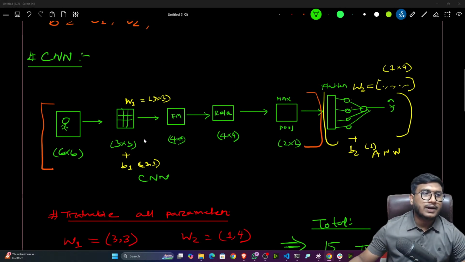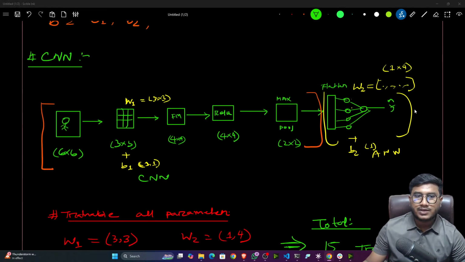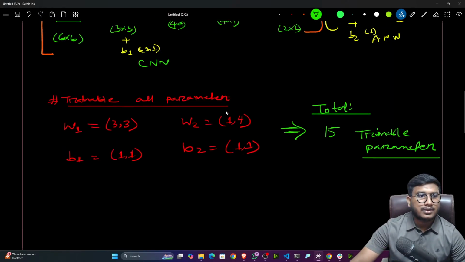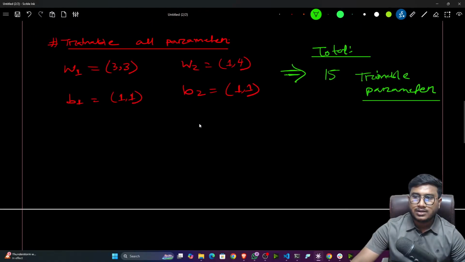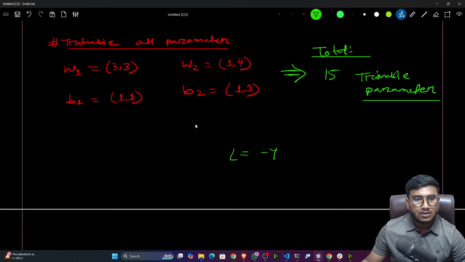And at the end, guys, what happens? Let's see, here we're doing the binary classification. This is the prediction. So based on the prediction, you also calculate the loss, yes or no. You calculate the loss. This is a binary classification problem statement, so let's assume we are using binary cross entropy loss. And what is the equation of binary cross entropy loss? It should be L is equal to minus yi,